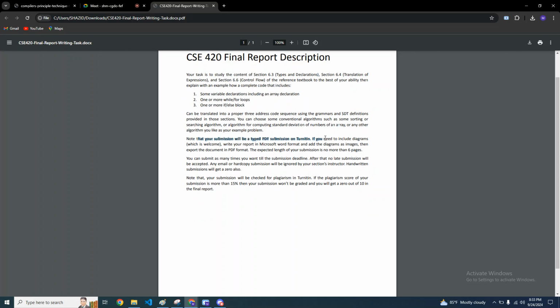আচ্ছা, PDF submission or turn it in. If you need to include diagrams, which is welcome. So you need to include diagrams as well. যদিও বলছে if you want you can include diagrams, but you need to include diagrams. Otherwise কিভাবে বুঝবো যে আপনি কোনভাবে কোথায় থেকে থ্রি অ্যাড্রেস কোড জেনারেট করছেন, রাইট? হ্যাঁ, কম্পিউটারে করবেন, হাতে করতে হবে না, বলা নাই হাতে করার জন্য।